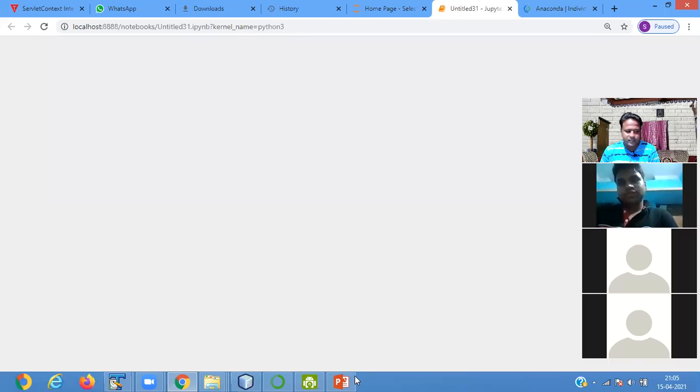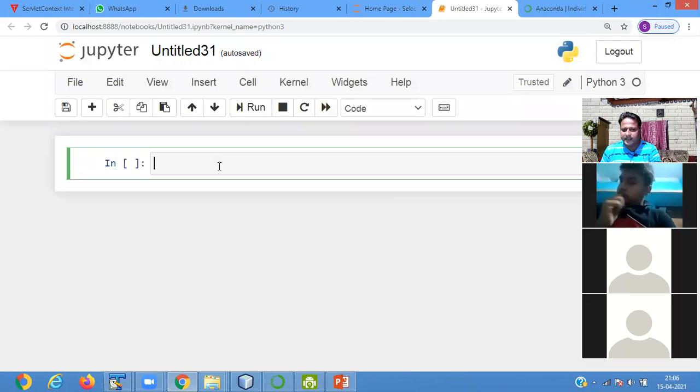Okay, so next I move to the next part, this window. Then, for displaying anything in Python, as I saw, if I want to display anything, I use print, then suppose hello. So it is very simple code.